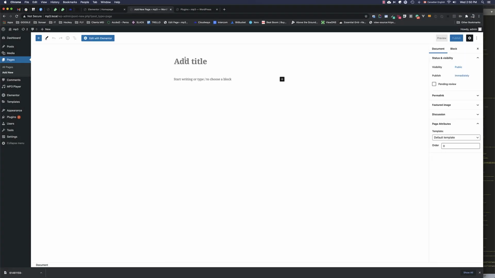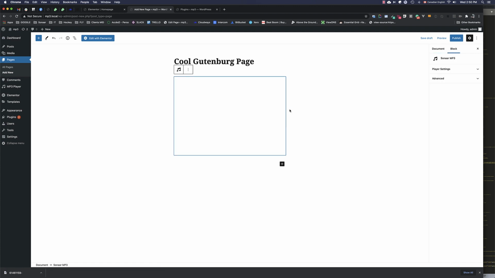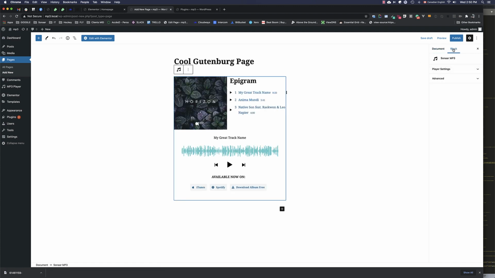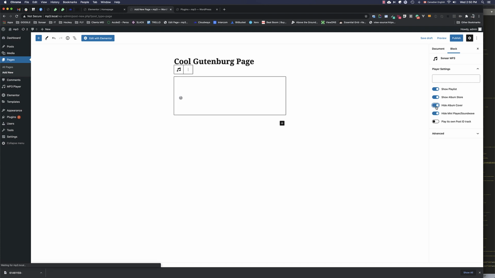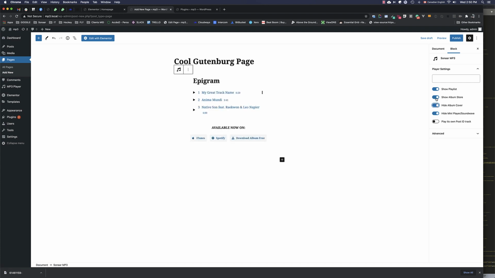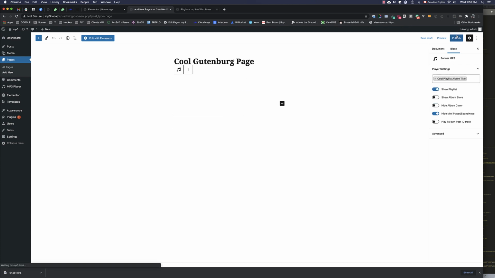If you use the Gutenberg editor, you can use the Sonaar MP3 player block to add an audio player to your page. So search for the Sonaar widget, click Sonaar MP3, then go to block player settings, and you have several attributes you can set. Once you're done, click publish. Oh, don't forget to